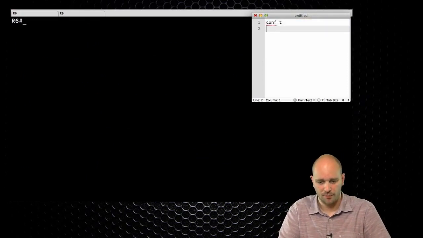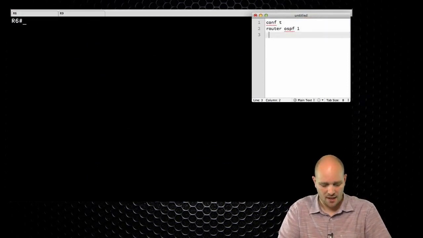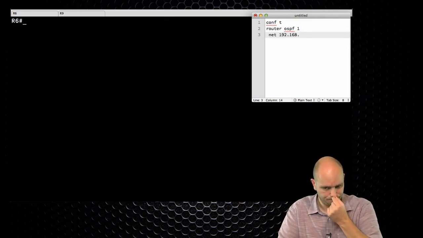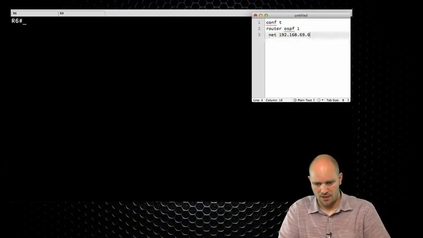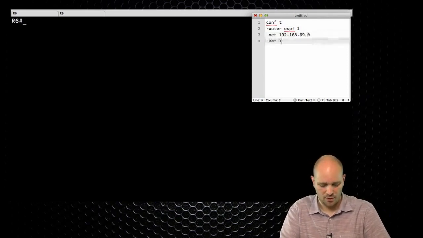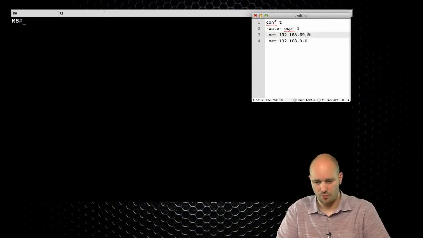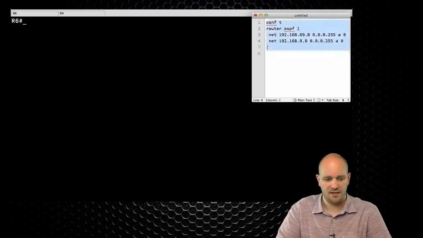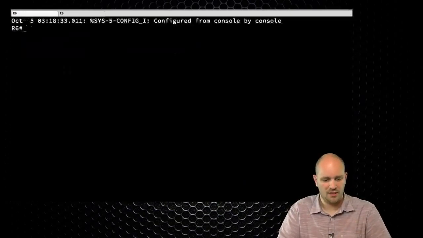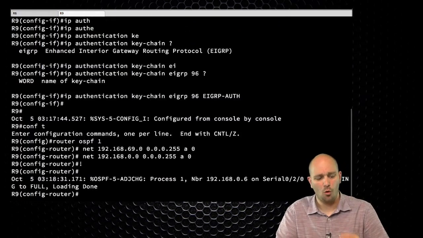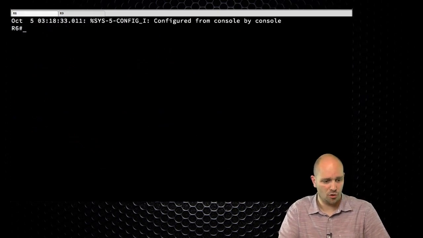So I'm going to say configure terminal, router OSPF 1, and I'm going to say network 192.168. Let's run it on 69.0. Actually, yeah, 69.0 and network 192.168.0.0. And of course for OSPF, don't forget the wildcard mask. Of course I need to specify the area. So this goes on R6, this goes to R9. So now OSPF is going to form the adjacency there, but let's configure now on R9, or actually on R6,